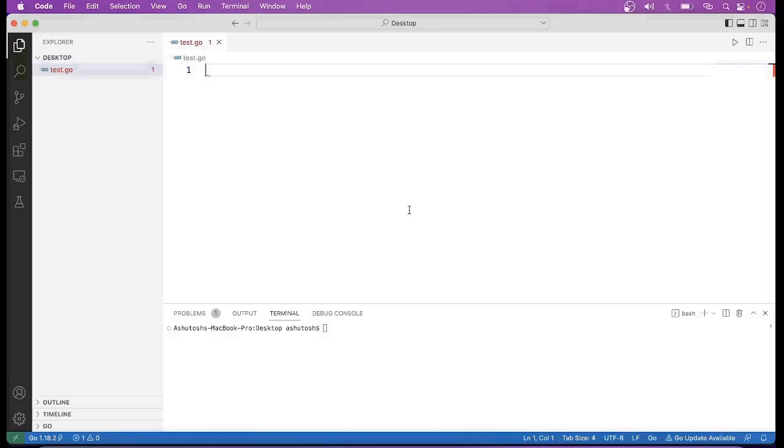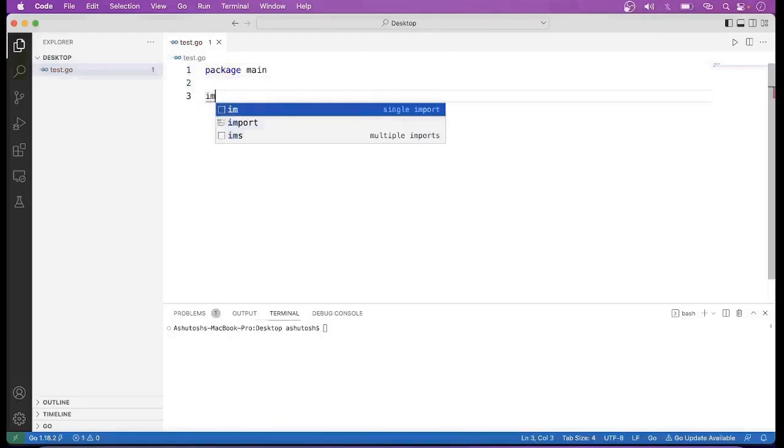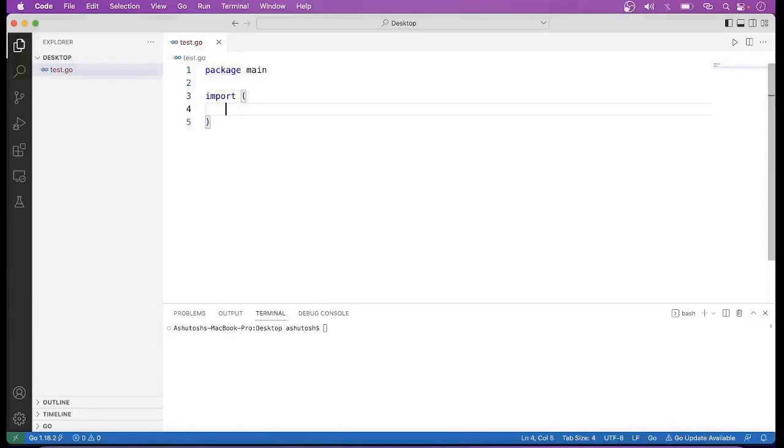first of all, we have to define main package. Then we have to import packages. First of all, we have to import context. Then fmt, then